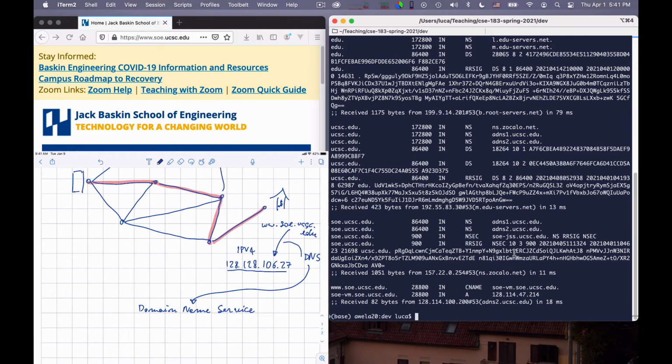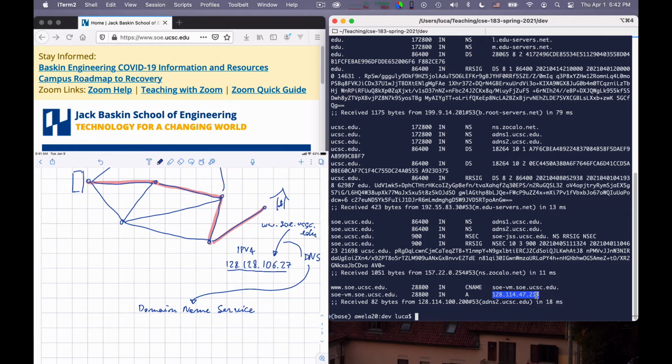Then you finally ask the last expert, you ask one of these ADNS2 we decided to ask, and this ADNS2 finally tells you, okay, www.soe.ucsc.edu is a nickname for SOE Virtual Machine, vm-soe.ucsc.edu, and vm-soe.ucsc.edu is 128.114.47.214.